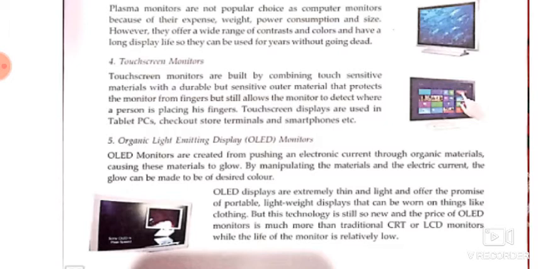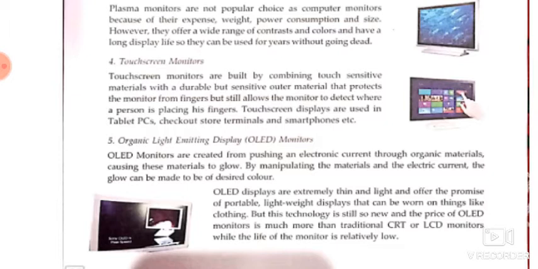These monitors are created by pushing electronic current through organic material. So you can see the main point here is the organic material they use, pushing the current through the system, causing the material to glow.